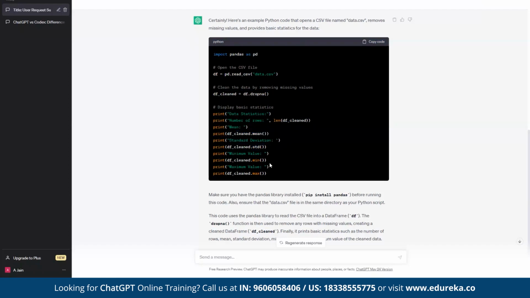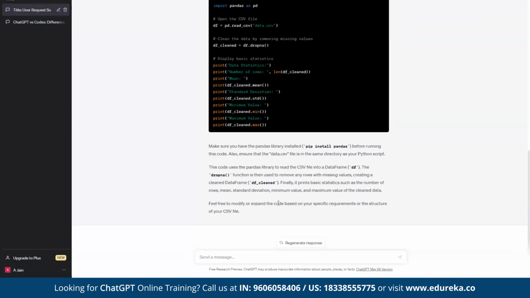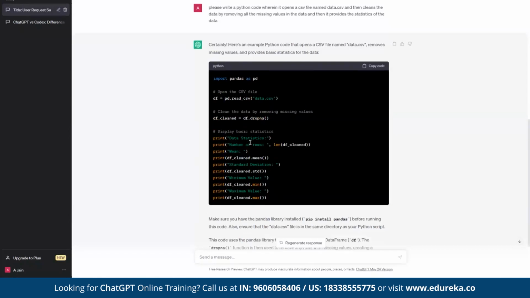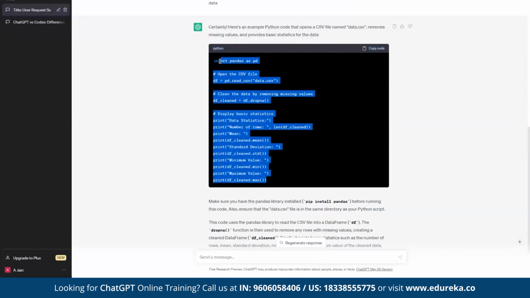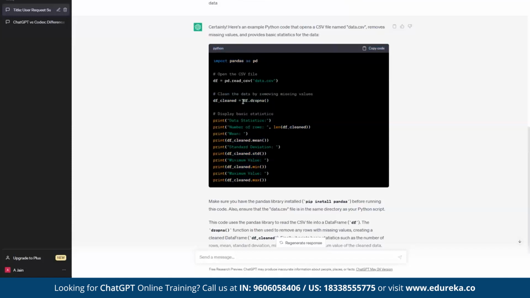What is the minimum value and maximum value? And then it is also explaining the code to you. That's the beauty of ChatGPT. If you take this code and run it, I have developed applications by just copy pasting the code of ChatGPT. So here you can just copy this code, you can see here, and run it. Okay.